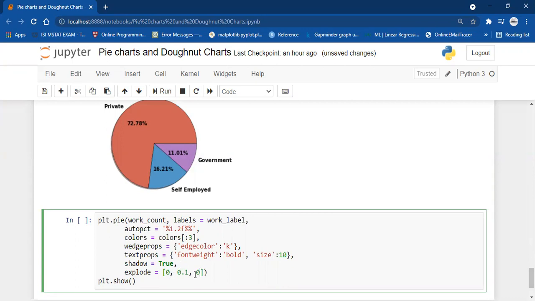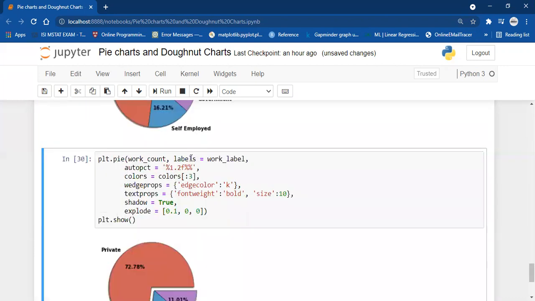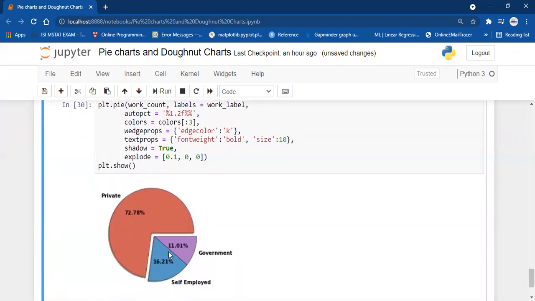So let's say 0, 0.1, and 0. So as you can see, this second label is for self-employed, and that's why it is shifted outwards. But I want to show it for the private work class, so I will do 0.1. So that way you can create a highlight for a particular slice.